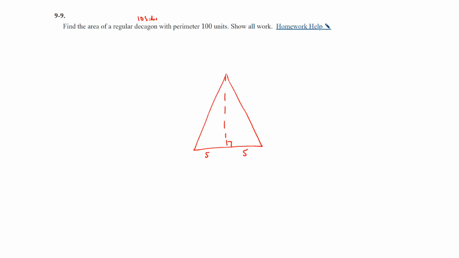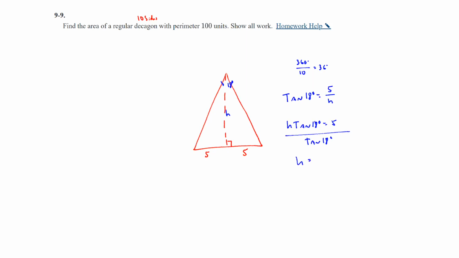Then we're going to take 360 and divide that by the 10 different triangles that we're going to have, and so that would be 36 degrees, which would make each of these half, so this would be 18 and this would be 18. And then we can find the height of the triangle by using the 18 degrees, and we will do tangent of 18 degrees is equal to opposite, which would be 5, over adjacent, which is h, so h times tangent of 18 degrees is equal to 5, and then divide by tangent of 18 degrees to get